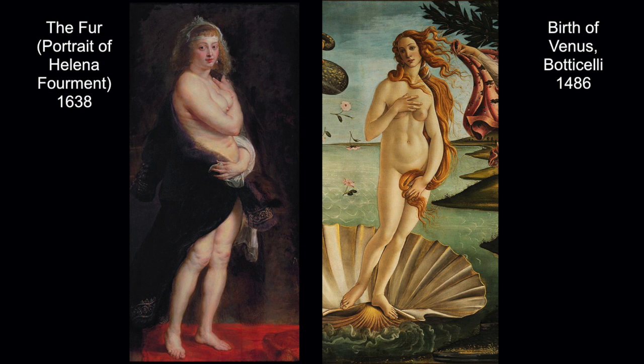So Rubens paints his wife naked as she emerges from the bath, posing like the Venus by Botticelli. And the earring that she's wearing is called a Venus drop earring, which is a natural pearl mounted on a piece of metal, probably gold and dangling from the ear. So I think he knew what he was doing. I think he knew that he was comparing his wife to Venus, and it wasn't an accident that she's wearing this earring. But what I'm fascinated by, besides this allusion to Venus, is that the proportions of her body are